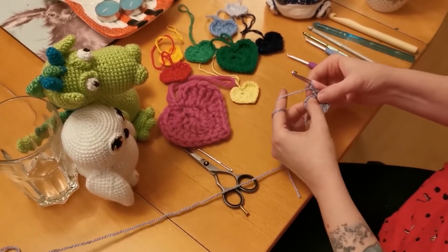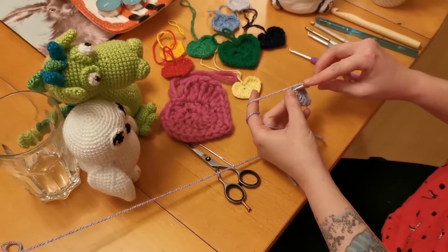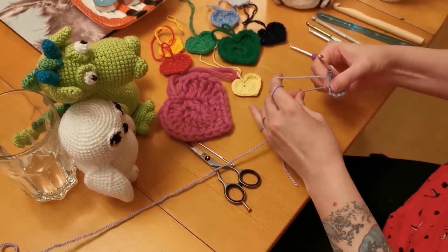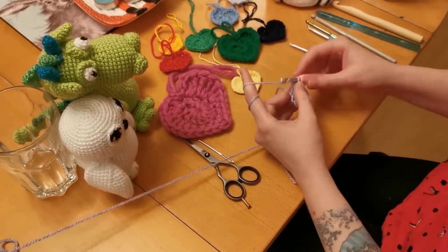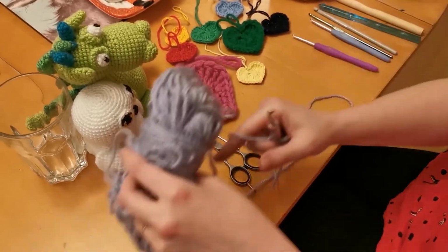So now you remember that chain of 3 stitches you did at the start? What you're going to do is slip stitch into the top of that one, just so you've got a little sort of ring donut shape now. Now this is the double treble I'm going to do next, which I totally forgot to tell you about how to do, but it's basically